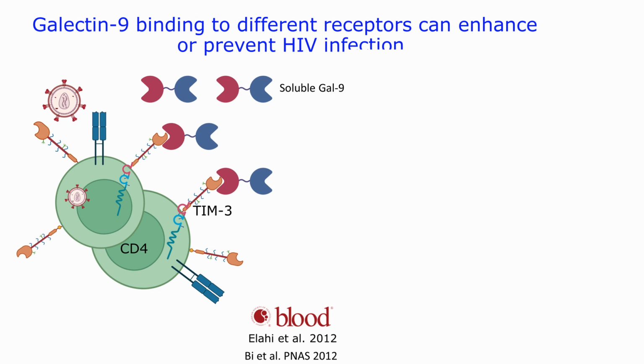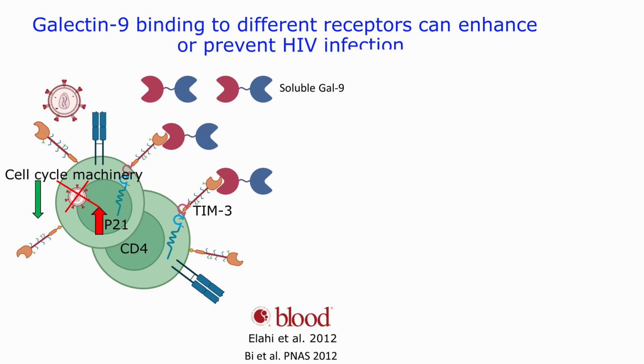When you add recombinant galectin to them, the same as the previous slide, the interaction of galectin and TIM3 results in an inhibitory, a negative signal. So what happens is that CD4 T cells upregulate protein P21. The upregulation of P21 results in downregulation of cell cycle machinery, and the virus relies on the cell machinery, so it cannot replicate. So we see that the interaction of soluble galectin-9 with TIM3 results in reduction or resistance of CD4 T cells to infection.